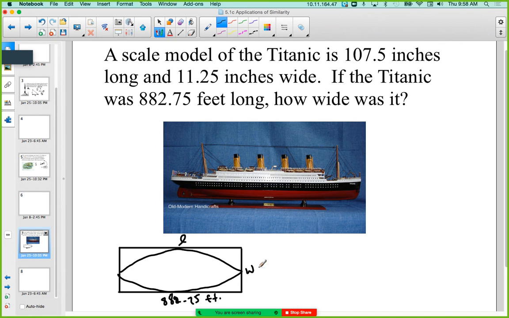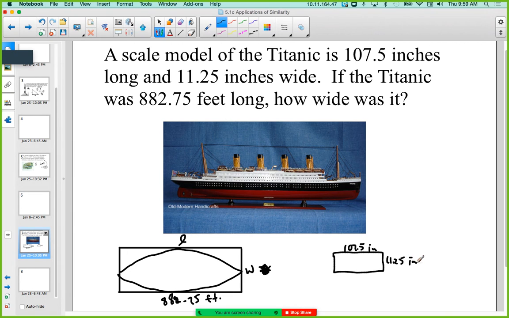We don't know the width. I'm going to make that my variable. I'm going to make that x. Okay, now, you know what? We'll just make it W. Keep it simple. All right. Now, we can do the same thing with our scale model. Now, the scale model is going to be a lot smaller, and I'm not going to draw it to scale, but my scale model will be the same thing. We got our smaller Titanic in here, a lot smaller, and it says it's 107.5 inches long, okay, and 11.25 inches wide,